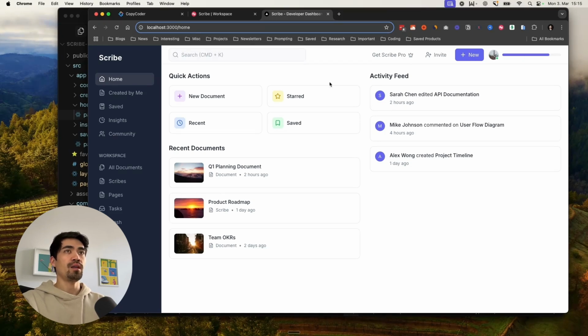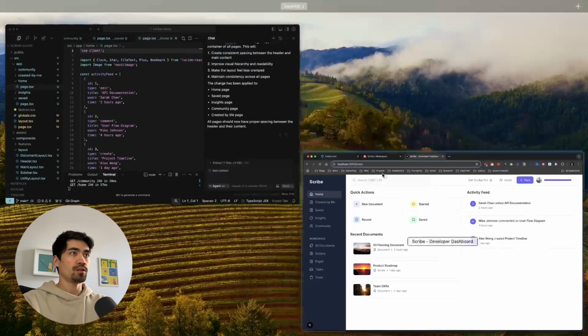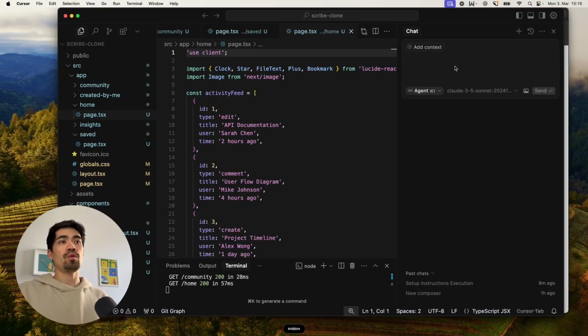And then I can add an authentication to it, hook it up to Supabase backend, and then we can actually hook up the Supabase database. Okay, so let's do this. Get rid of all of the things in the workspace